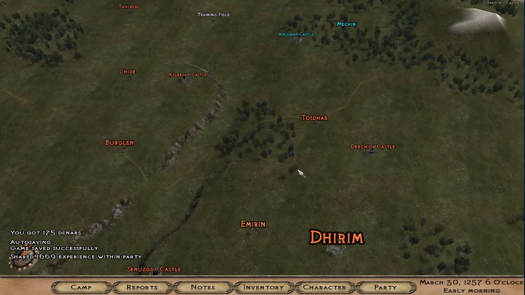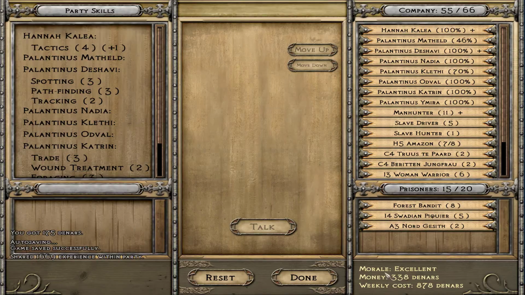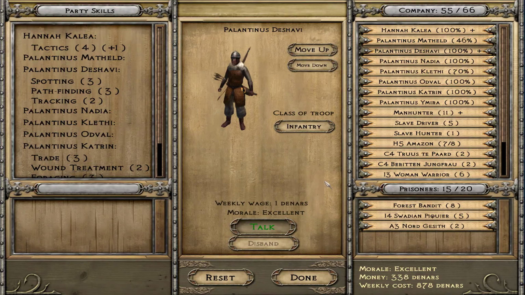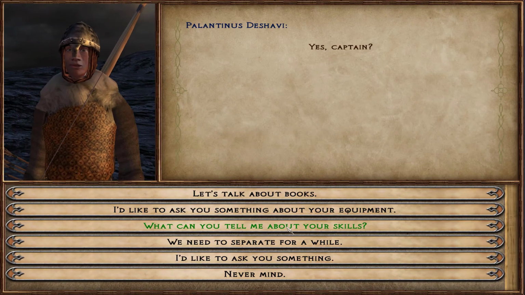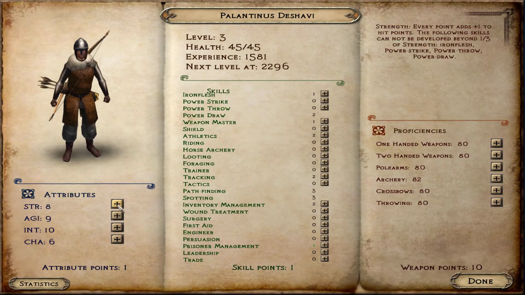Okay, so heading off to Darim here. We have 15 prisoners. Let's check out, there's Deshevy. We can have a look at her training here as we decide on her new skills, if we ever get around to doing it. There we go. Nope, not that. We're going with